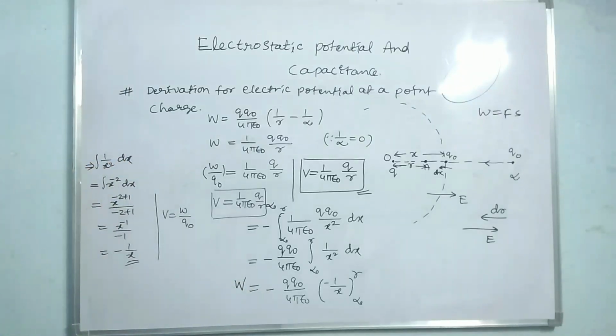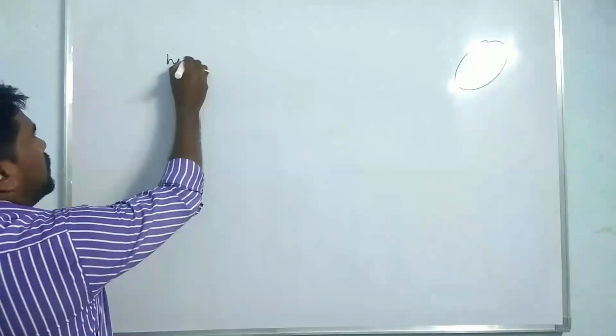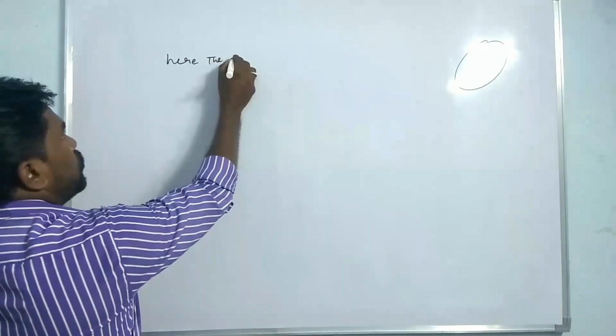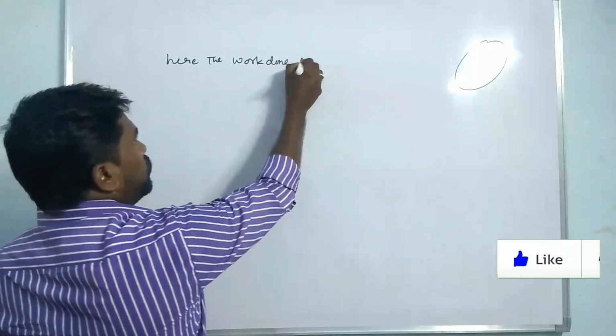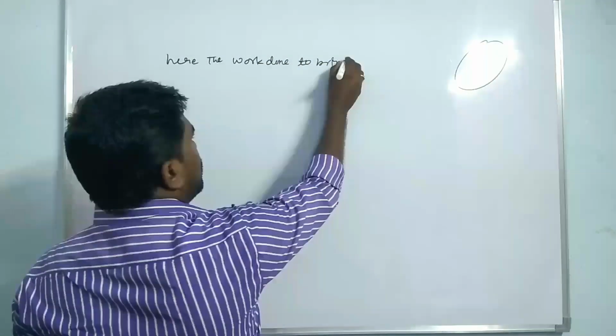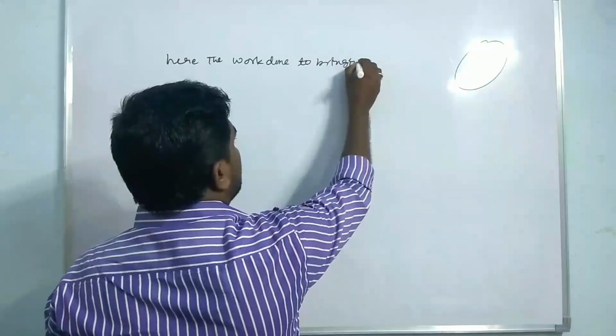You have to find the potential on a point charge. Okay, clear? The work done in bringing the positive charge